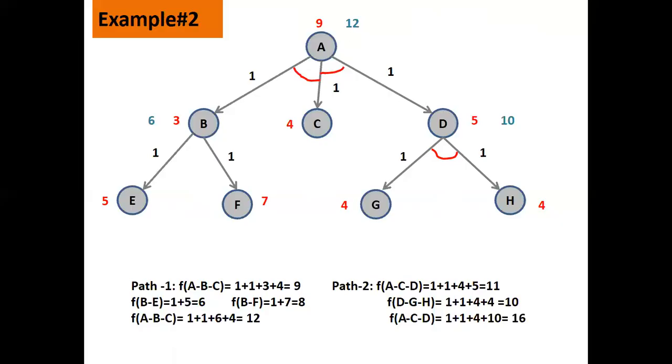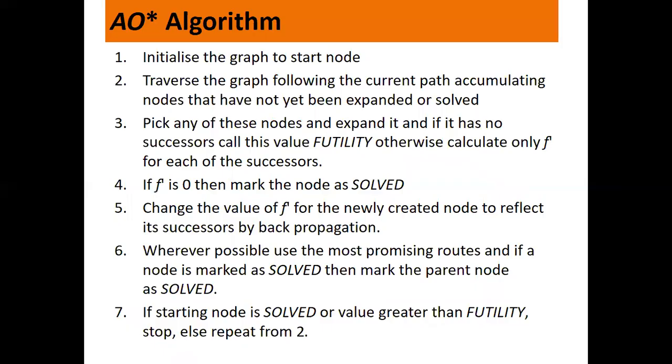I hope it's a little bit clear now. So what we could do is we could calculate the cost for A as 12. This is a simple example and you can find out more and practice. If you get any difficulty, you can message me or you can put a comment. Fine. Now whatever we saw just now is the theoretical part of it.